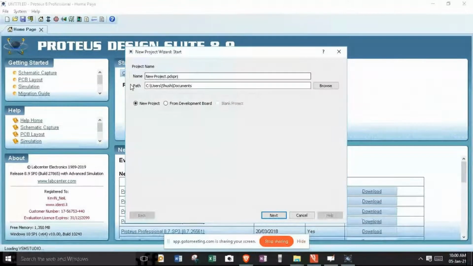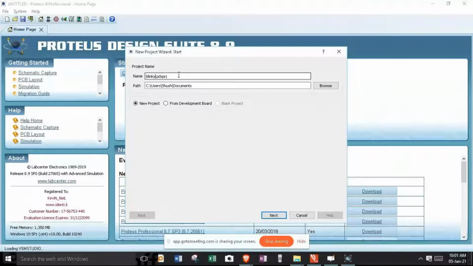Now after hitting create new project, it pops up a dialog box, a new window titled New Project Wizard. Here I can give some relevant name, and let our very first project be a very simple project wherein we'll try to do a Blinky experiment.